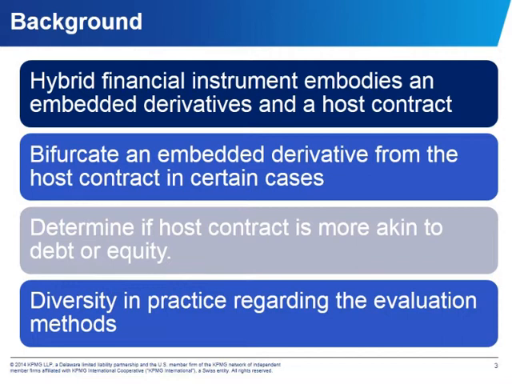When a hybrid financial instrument is issued in the form of a share, the entity needs to determine whether the host contract is more akin to debt or to equity. If the host contract is considered to be more akin to debt, then the redemption feature in the contract will be clearly and closely related and would not be bifurcated. On the other hand, if you have a host contract that is more akin to equity, then a conversion feature, which usually is an equity-like feature, will be clearly and closely related and you would not be required to bifurcate.